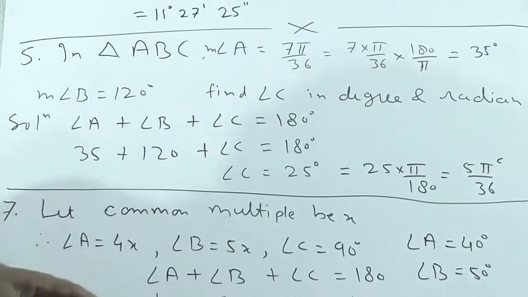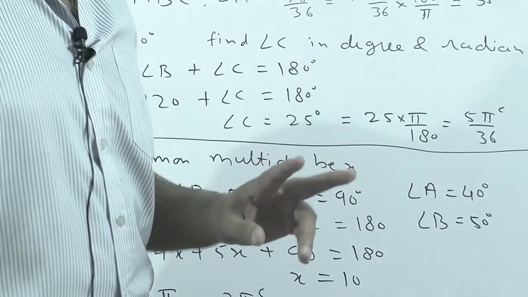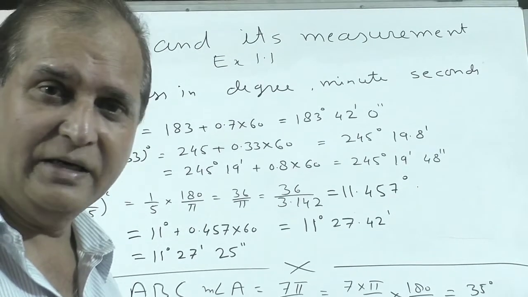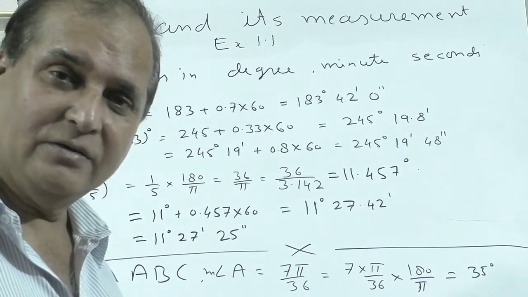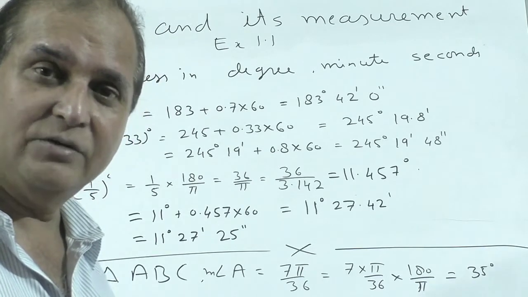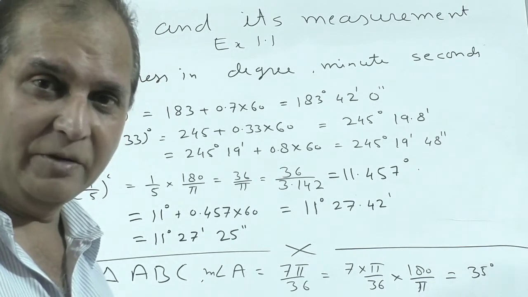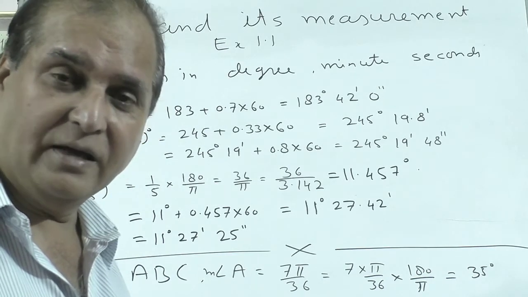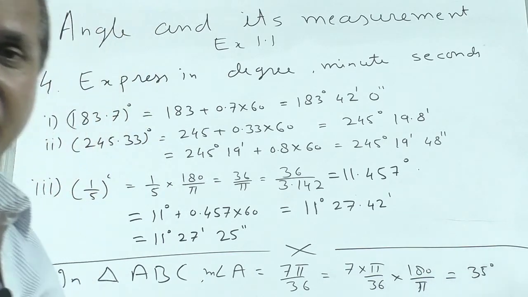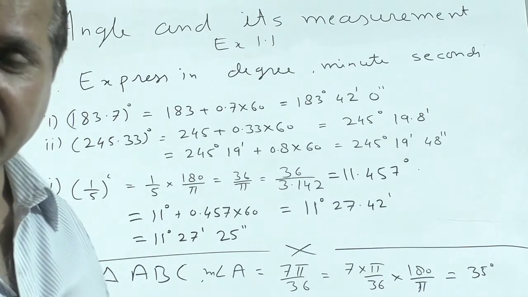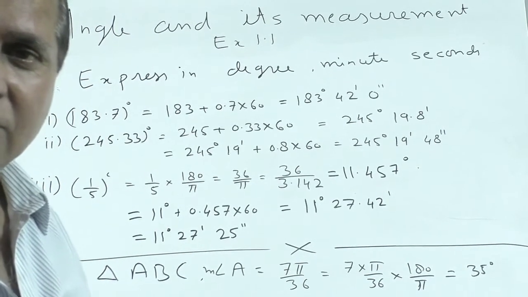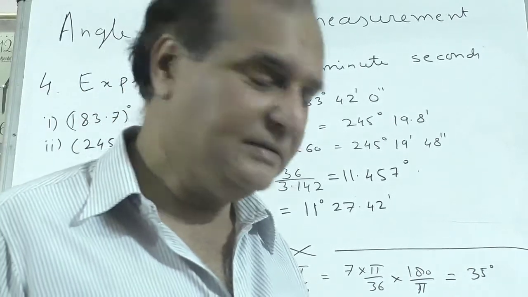Sum 6 is the same. Two angles of a triangle are given. Okay, the third angle you have to find out. Both angles are in radian, so first convert to degree: into 180 upon pi. So you will get the angles in degrees. Find out the third angle. Let the angles be angle A, angle B, angle C. And then convert the third angle to degree also. Getting it?